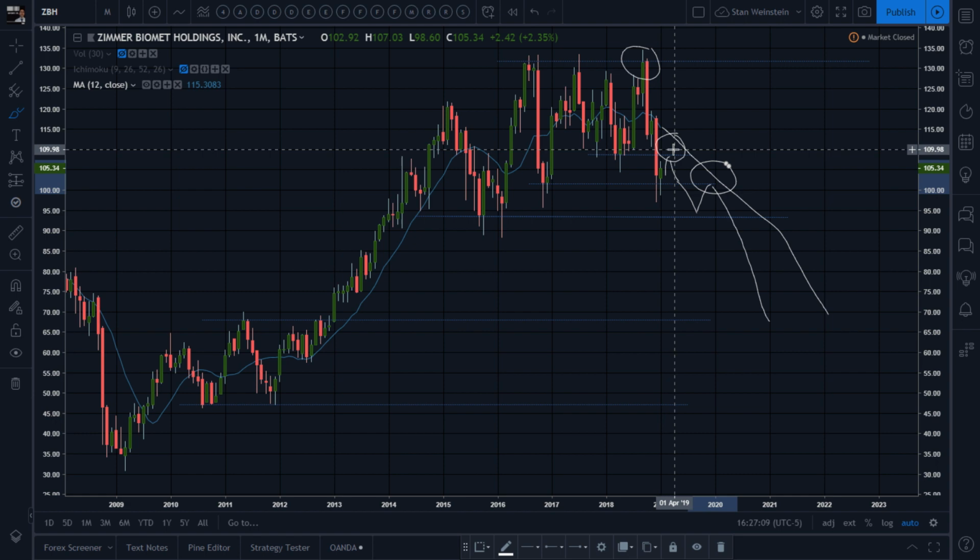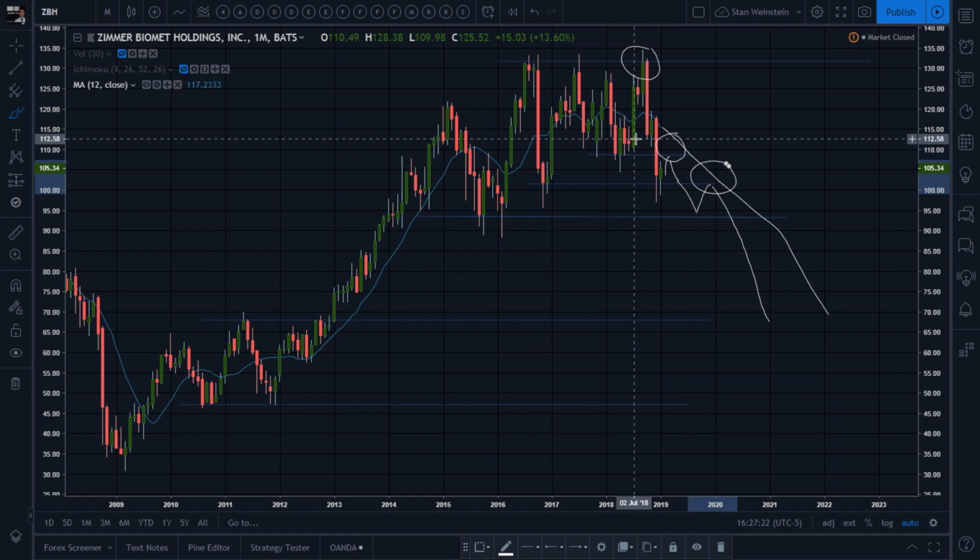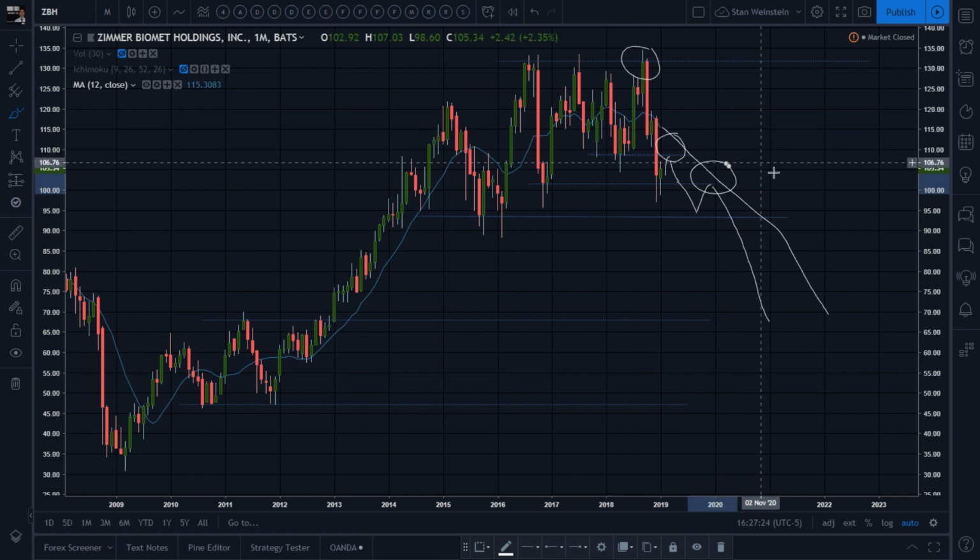And weight of evidence, how's the sector doing, the industry that stock is in, the markets, all that adds up. You could look at economic data, everything to justify or support your case that this is going to keep going downwards. So when the daily turns over, then the weekly turns over, and then eventually the monthly turns over and you get a red candle. But if you want to jump on board just before the monthly candle turns over, look for